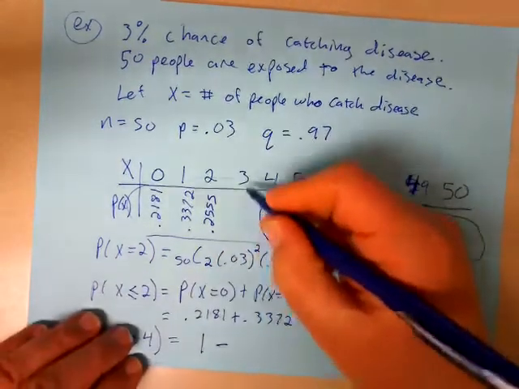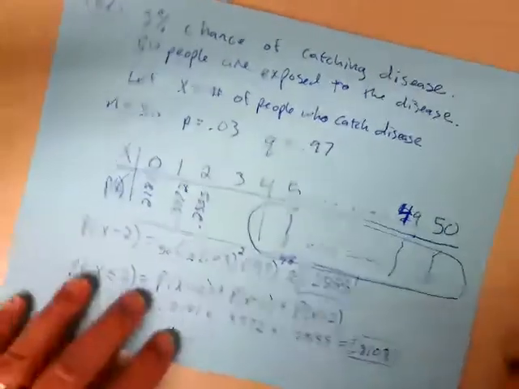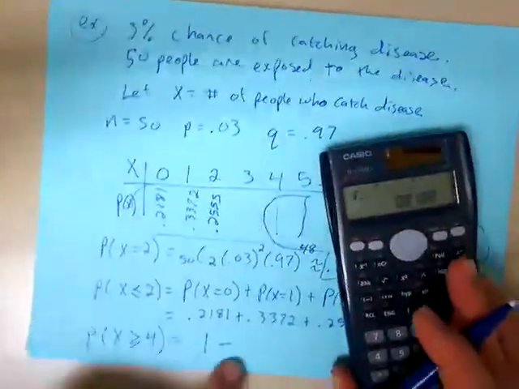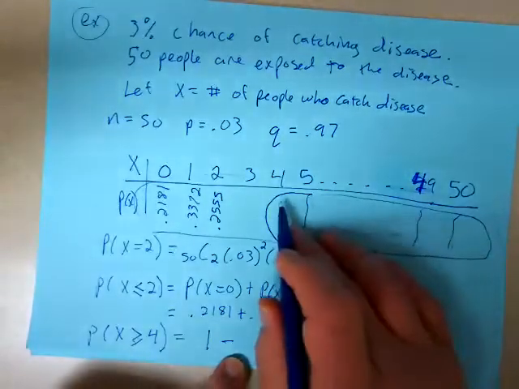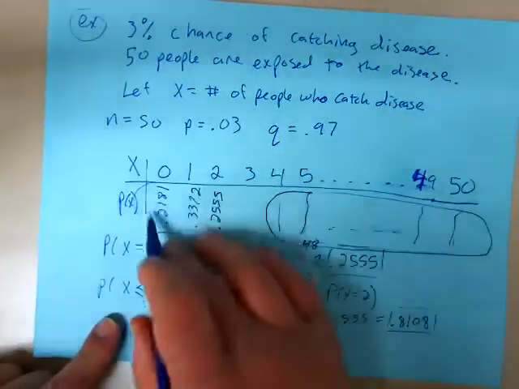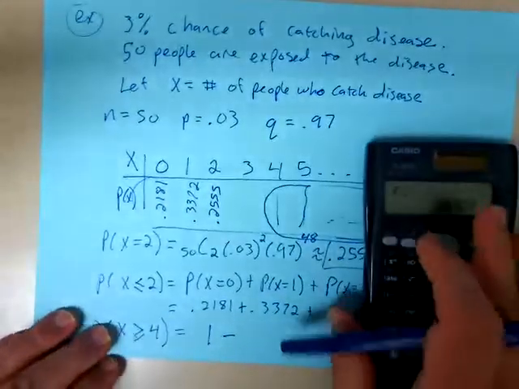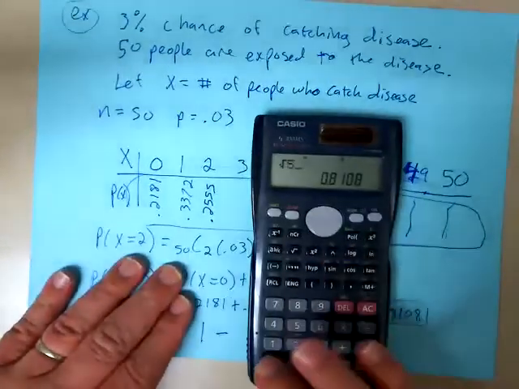So it looks like I've got to find the probability for 3 there. And then I'm going to add all these up and subtract those from 1. If I want all these, then I take 1 minus the ones that aren't circled because they all add up to 1. Okay? So I'm going to do 50,